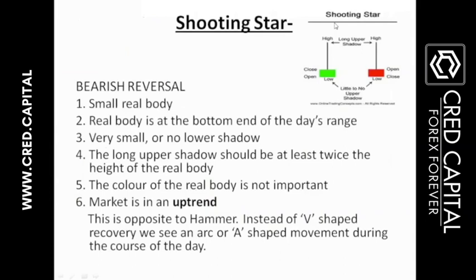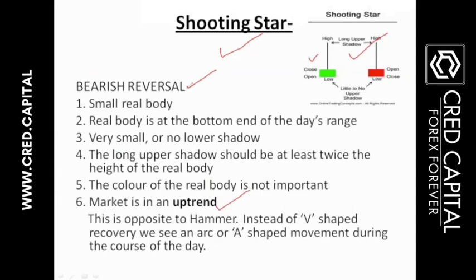So this is a shooting star, and the shooting star is actually my favorite one, my evergreen trade. I have taken many evergreen trades with the help of the shooting star, because it occurs at most of the resistance levels in the market, and it will definitely occur in the market. It is kind of familiar with the inverted hammer, but the difference here is only the trend.